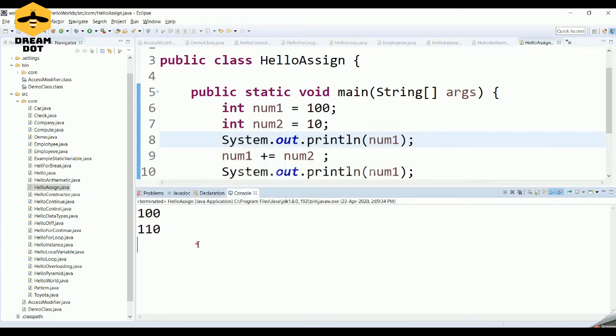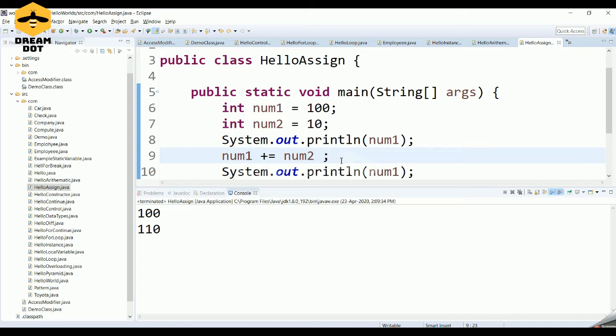It gets printed as 110. So what is the meaning of num1 plus equals num2? The meaning behind this is num1 equals num1 plus num2. If you give plus equals, it means num1 equal to num1 plus num2.